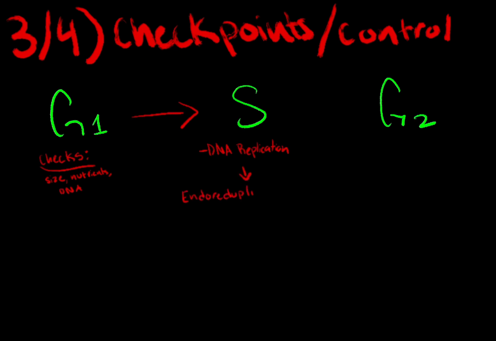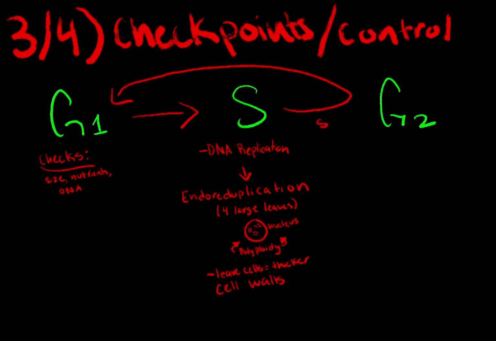This process is needed for evil convallaria due to it needing more structural support and a larger surface area to accommodate for the leaves. The result of this process is a cell with multiple copies of its genome with a single nucleus. This state is called polyploidy. The increased polyploidy is associated with a thicker and more robust cell wall, providing better mechanical support for a larger leaf structure, which helps it maintain shape and avoid tearing. It also creates a more resilient